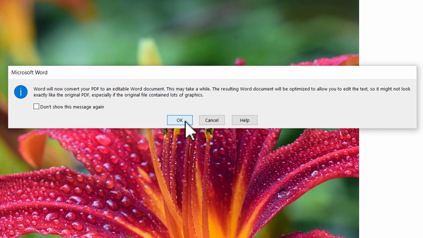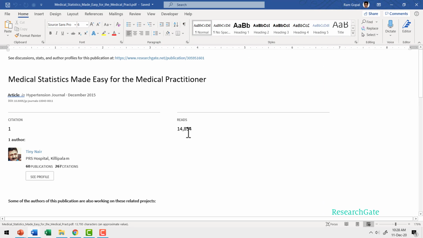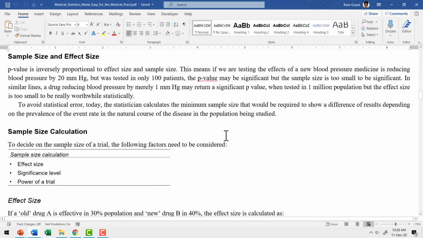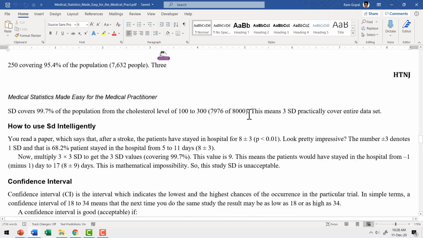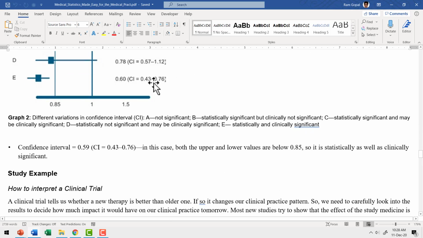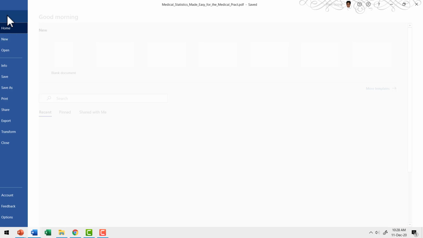I'm quite okay with the time, so I'm going to say okay, and I have my Word document open, the PDF file. I can go down and I can see we have the same images available here. This chart, we have another chart and so on. Now I can use the same technique that I showed you earlier, which is to save it as a web